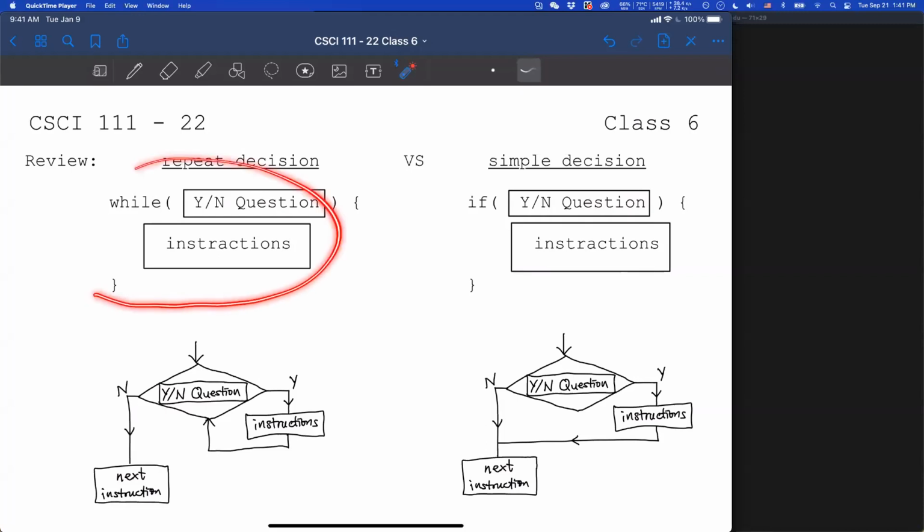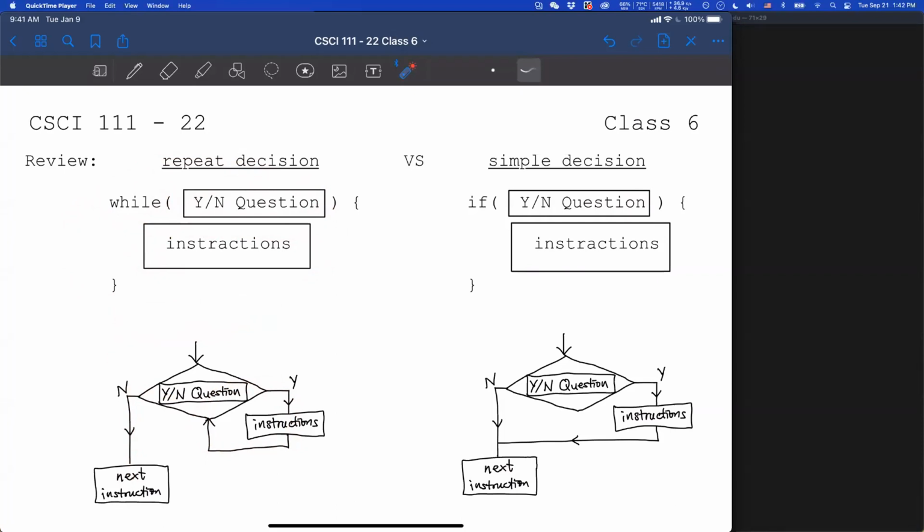So here is our model. We have while, and then we have our yes/no question, and if the answer is yes, it will go through whatever action you want it to do, and it will keep going through the question, right? Going in the loop until the answer to the yes/no question is no. Then it will move to the next instruction. So there might be some other instruction after the while loop.